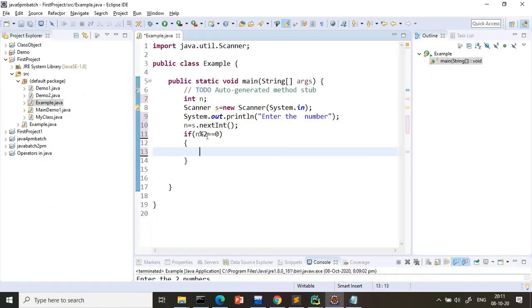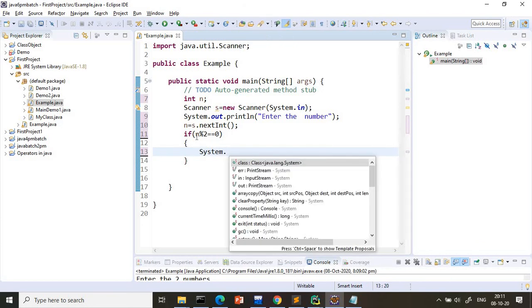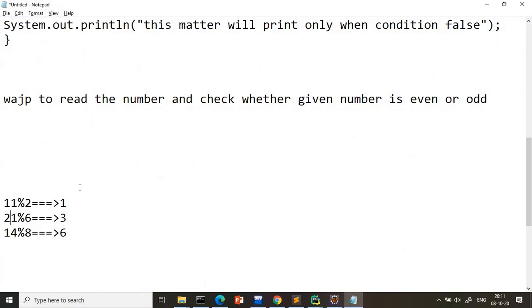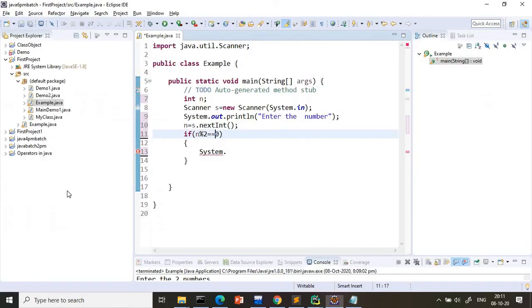So here, what I am going to do is write the condition: if this remainder is 0, it will compare with 0. If this is true, it will print "the number is even." See here, if this output is 0, it will compare with 0. Suppose, for example, I am writing 10 modulus 2. What will be the remainder, guys, here? 0, because two fives are 10, so the remainder is 0. That number is even.